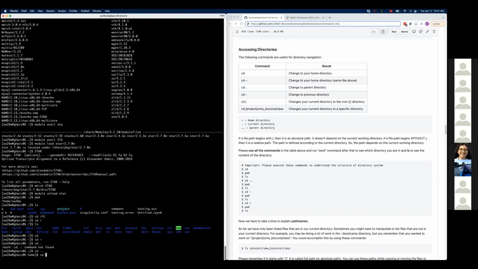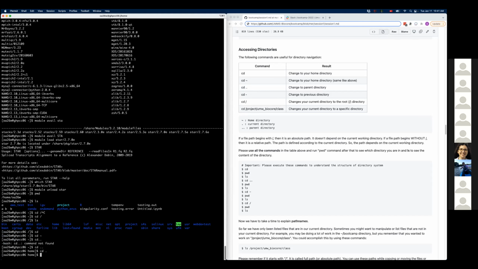And if I do cd single dot, it's not going to do anything because it brings you to your current directory, which you are already in. Another shortcut is cd dash, which brings you to your previous directory, which is my home directory. Right.